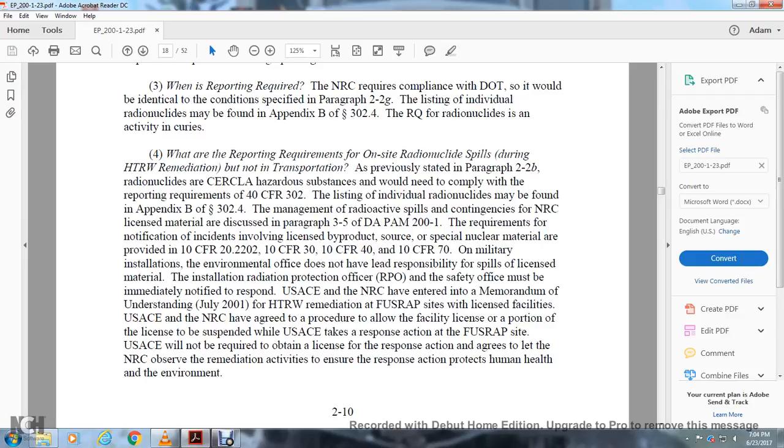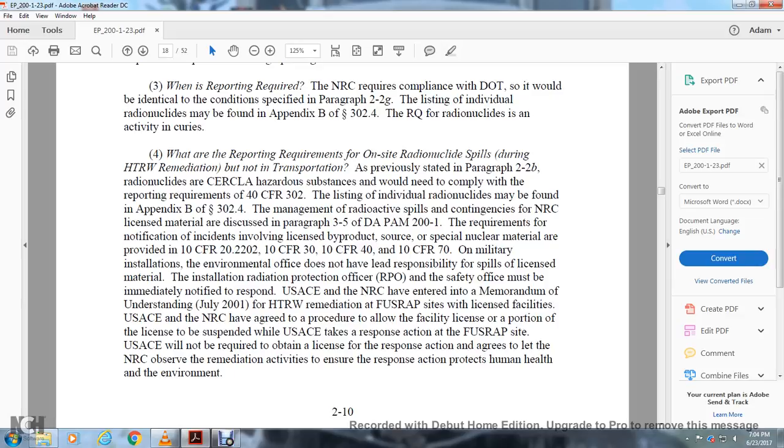listed in the material discussed in paragraph 35 of the DPAM 201 with the requirement of notification of incidents involving licensed and byproduct service of the special nuclear material provided with Title 10 CFR 2, 10 CFR 20, 2202, 10 CFR 30, 10 CFR 40, 10 CFR 70. Military installation environmental offices do not relieve the responsibility of spills, licensed material, and installation radiation protection. The officer of the state office must be immediately notified of the USACE Corps, and the Nuclear Regulatory Commission has